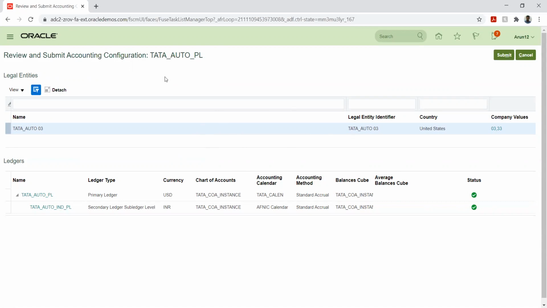The final configuration would be to submit the accounting configuration that we have created. What this will do is create cubicle values in the system. This cube will be created only for the accounting information. Now let's say I'm creating any transaction with this ledger in the subledger module. When I account this transaction in draft mode, the system will not create any cubicle values. But when I transfer the entries to the GL, that is when the system will generate the cubes.